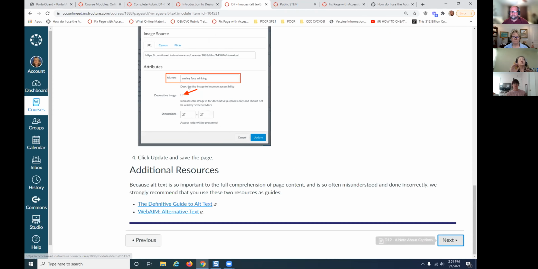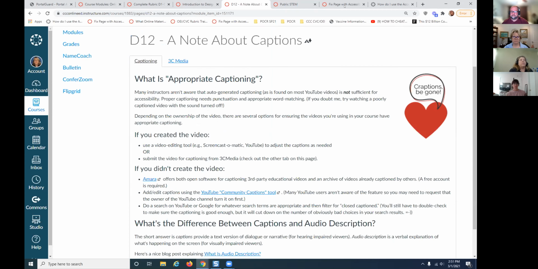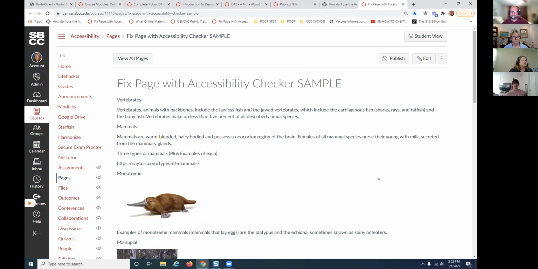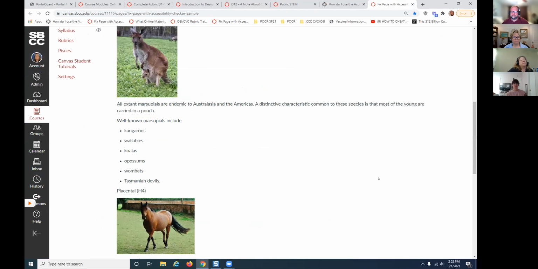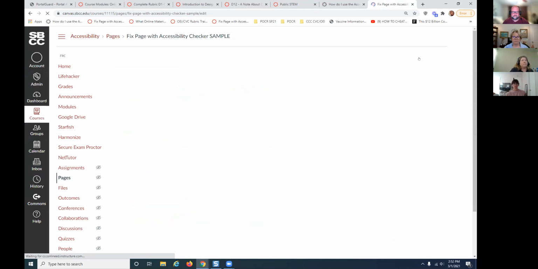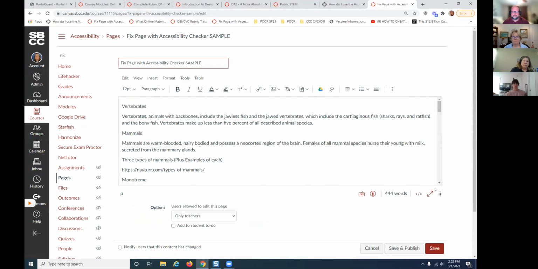Okay, and captionings, Rob mentioned about captions. So what I want to do is just show you a basic page, just a simple page. It has a little bit of information about mammals. Okay, so this has no formatting on it, and I just want to show you quickly how we can make this an accessible page. Okay, so if I click edit, of course, this is going to take me in here